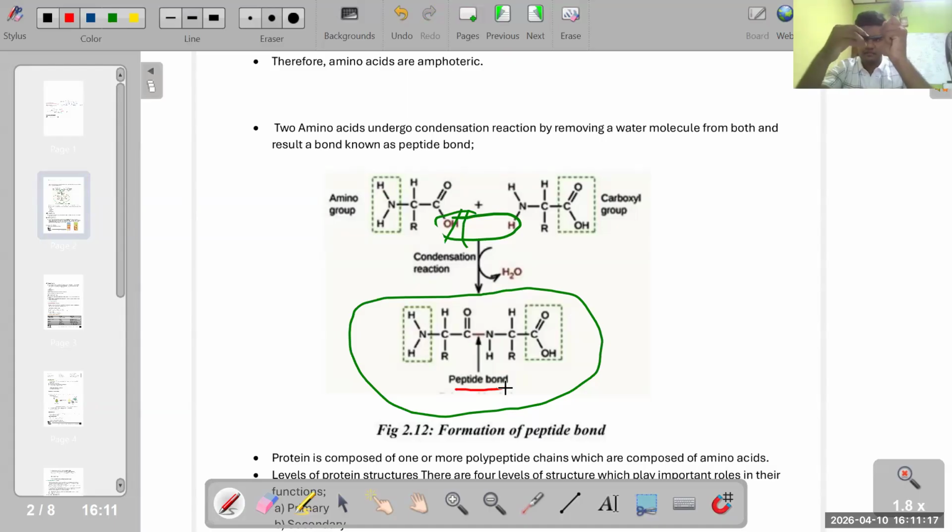Between those two amino acids, the bond that connects them, this black color, what is this bond called? What is that bond called? Now, if you can use the mic, it's easy, right? Because rather than keep on typing, if you can use the mic, right? A peptide bond, very good, right?